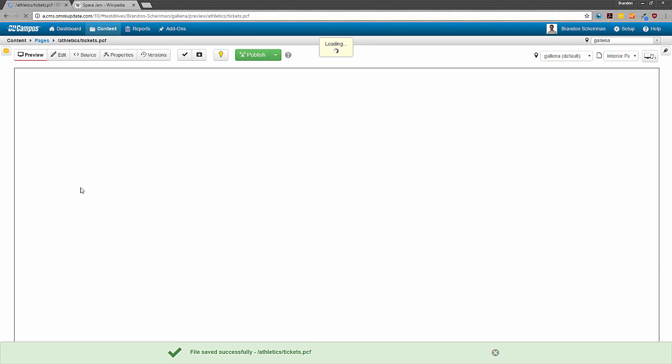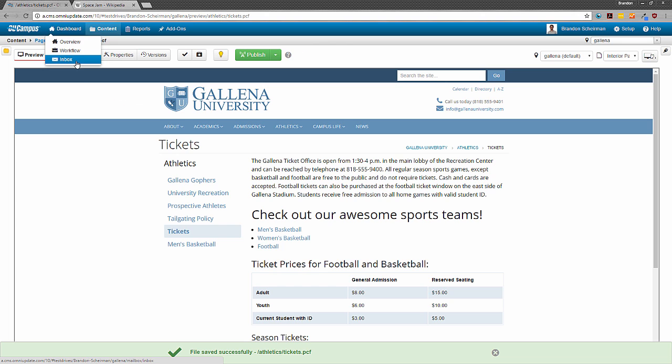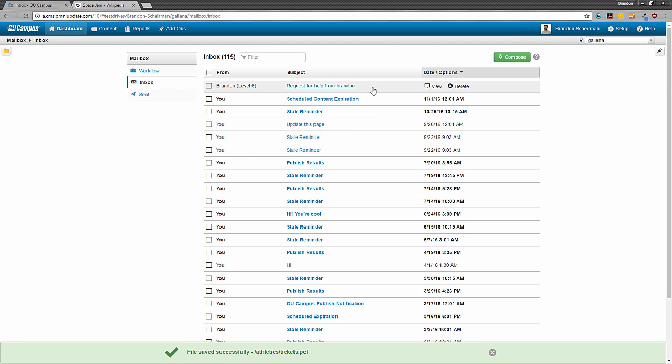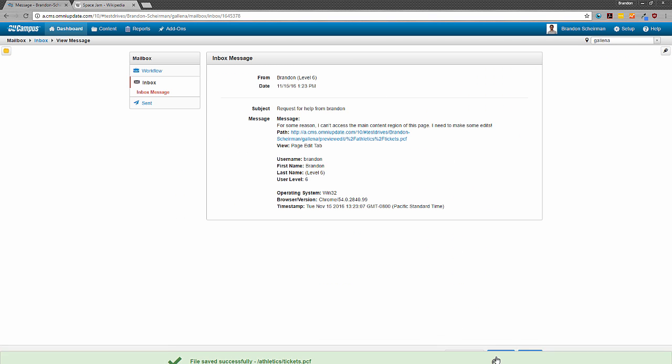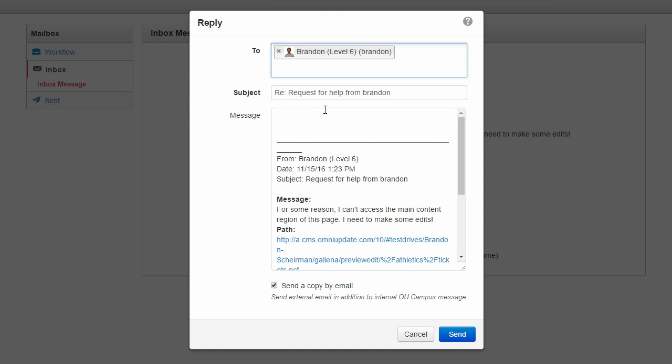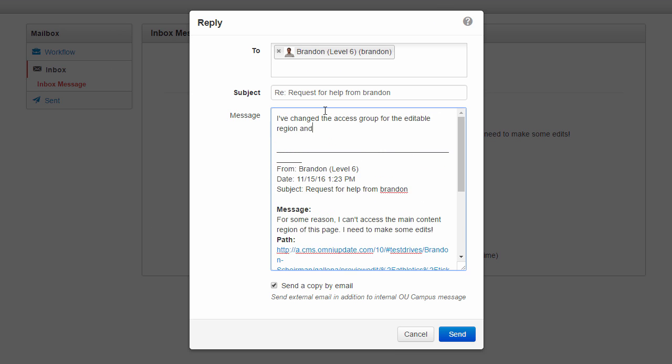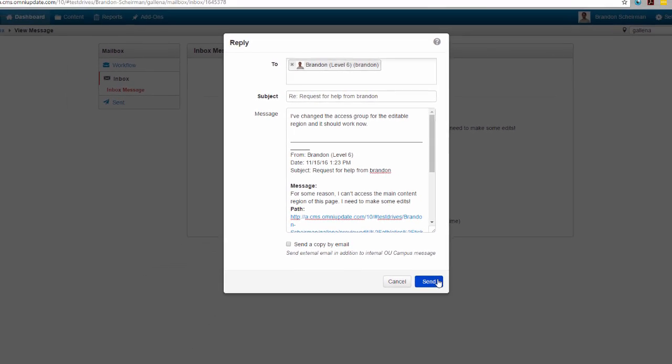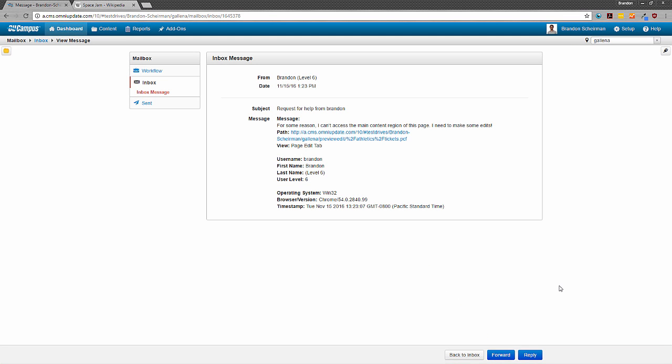With that fixed, I can go back to my inbox and reply to the request for help message to let my lower level user know what the issue was and that it was fixed. Alright, so now we've looked at one way in which you can use the Request Help gadget from start to